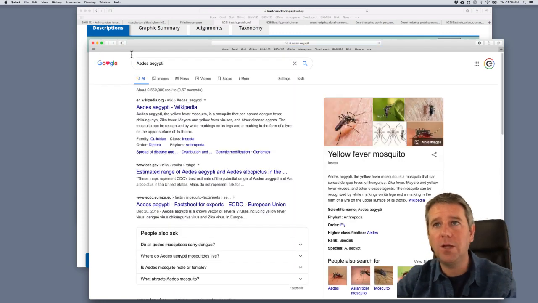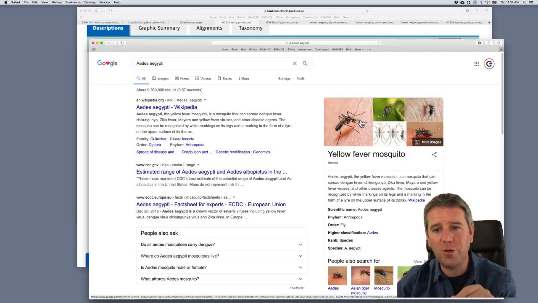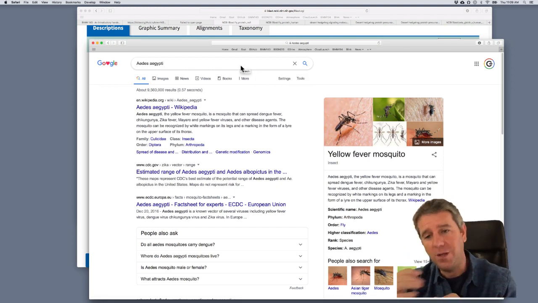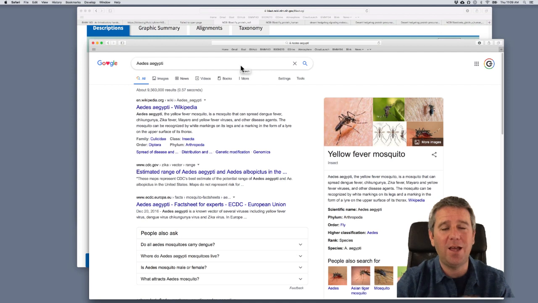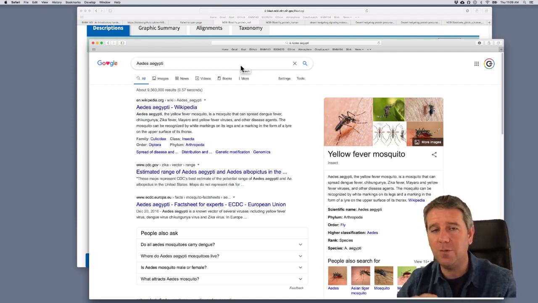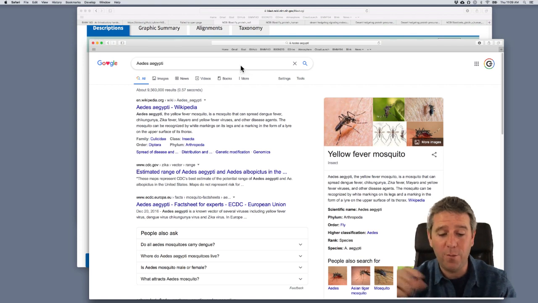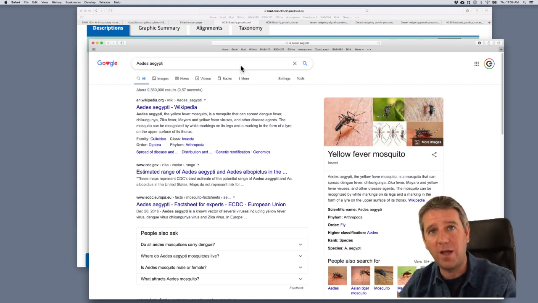Yellow fever mosquito. And you could explore that list, and you'll see that most of those top hits are mosquitoes and flies and other fly-like organisms. And before you then get out of mosquitoes and out of flies, and then you get finally down to